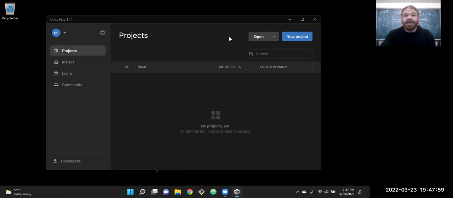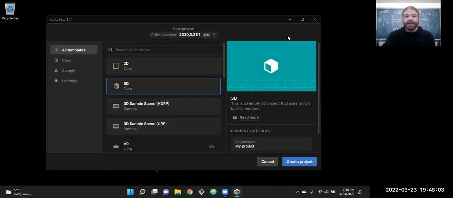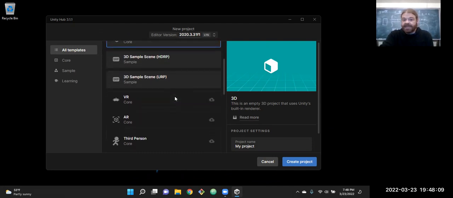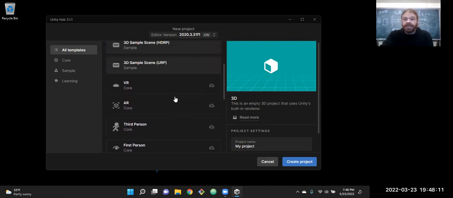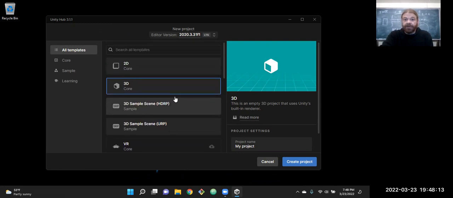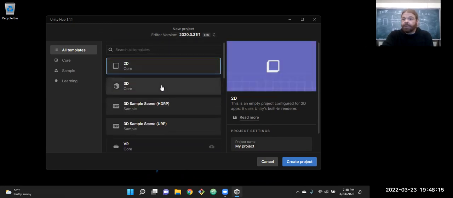But once it gets installed, we want to create a new project. So you just click on New Project, choose the starting point. All of this stuff can be controlled. You can set up the rendering pipelines and everything yourself. 2D or 3D, for our discussion board here, we're just going to look at the UI panel, the stuff we would use to make a HUD. So 2D will be fine.